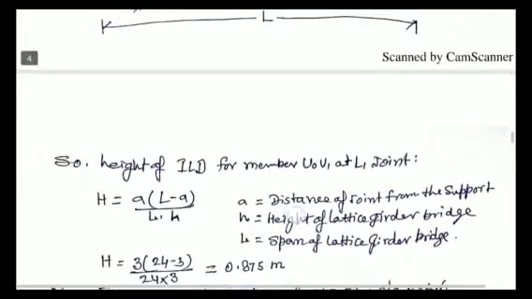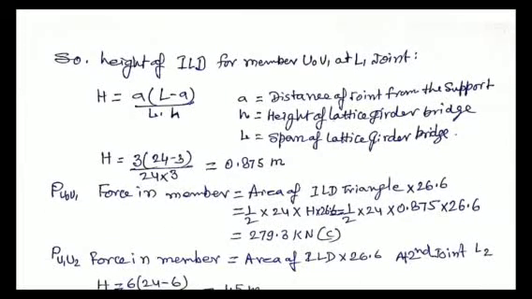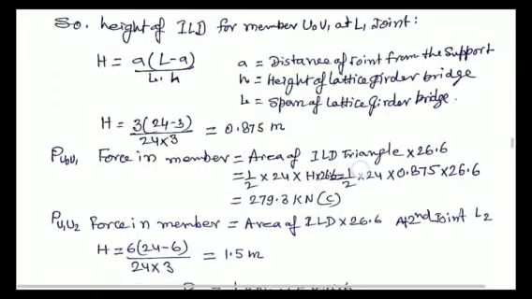So A is the distance of the joint from the support, the total distance from the left side support. So you can find the value of H for the U0 L0 member. The height of the ILD comes out to be